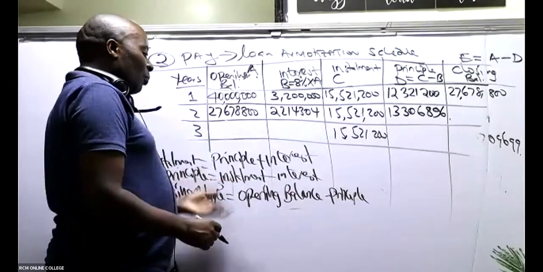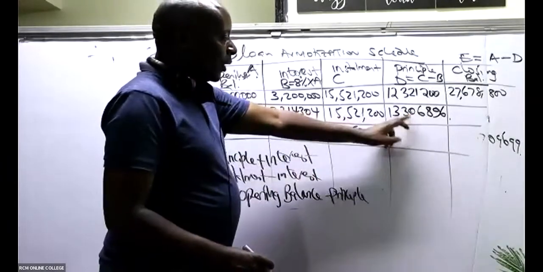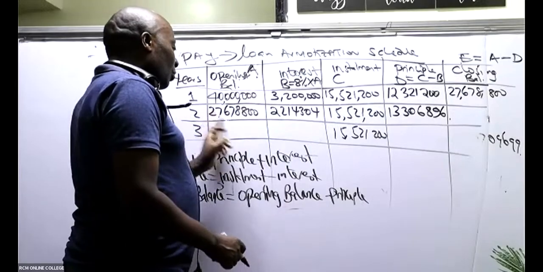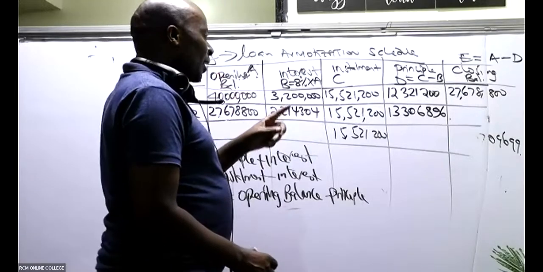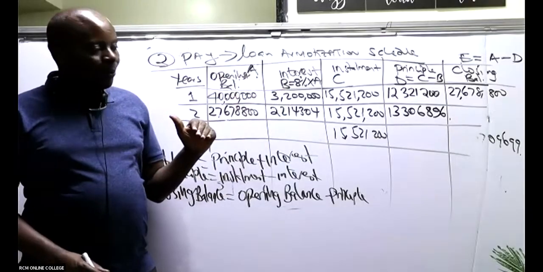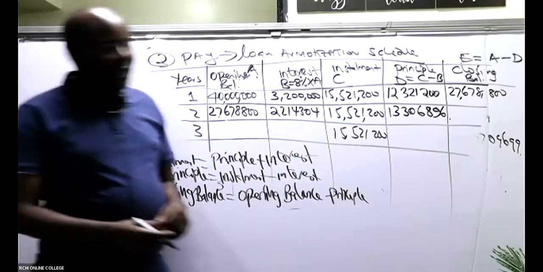Closing balance, you take the opening balance minus the principal. So the figure you have there in your calculator, you simply say the opening balance minus that answer. You should be able to give us the closing balance for year 2. And we are almost finishing now, which according to Mumbi, is 14,371,